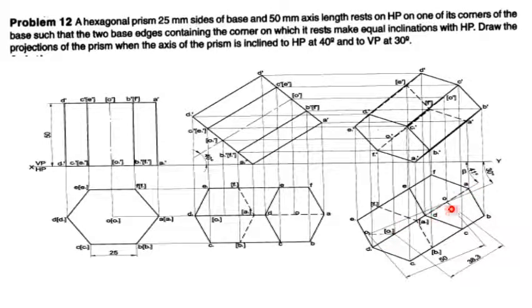So O, O1, you project this line on both the ends and measure these distances, O to A, O to D, similarly O1 to A1, O1 to D1. On that straight line, you mark those points O to A, O to D, O1 to A1, O1 to D1. So A, O, D, A1, O1, D1 should fall on the same straight line. After marking those, measure O to F and A to F. Cut the arc, get the location of F.